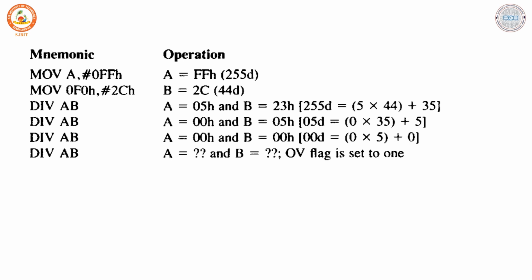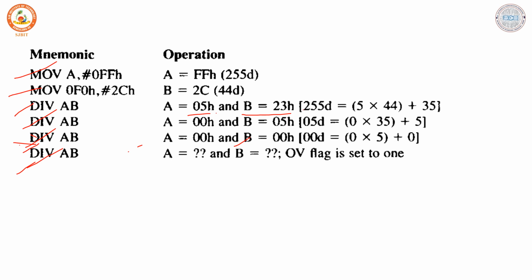One more example to show the division operation, where I am loading the accumulator with 0FFH and also loading B with 2CH, that is F0 is the address location of B. When you perform the division operation, the resultant, that is the quotient, will be stored in the accumulator, and B will be loaded with the remainder. And this is how we are going to perform the division. And the last, when I check the result from the third division, you see that A will be 0, B will be 0, and again if you perform division of A by B,